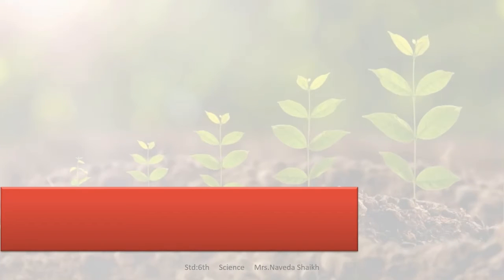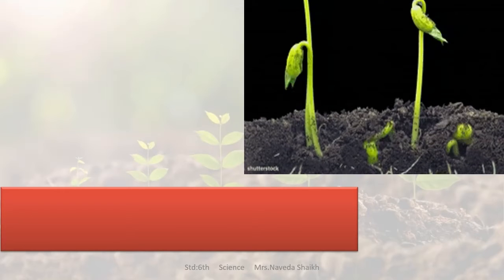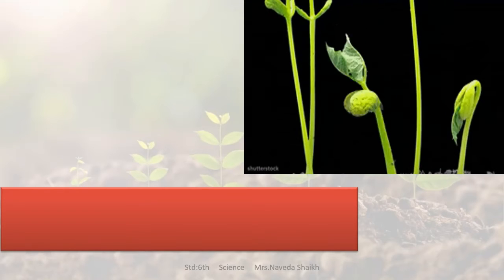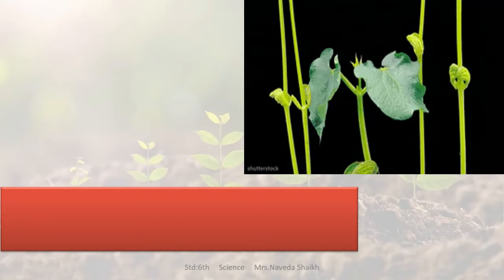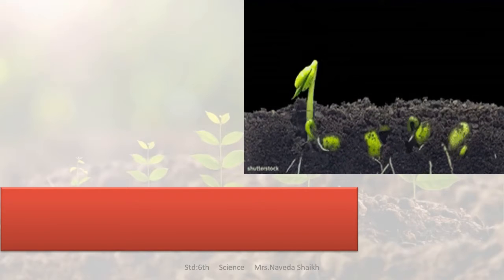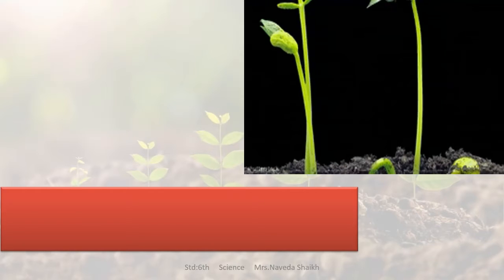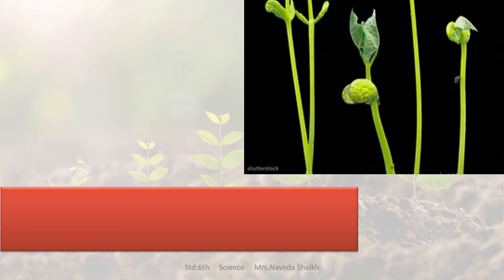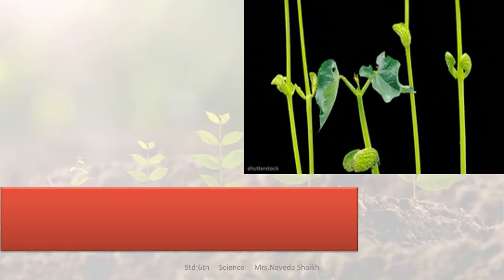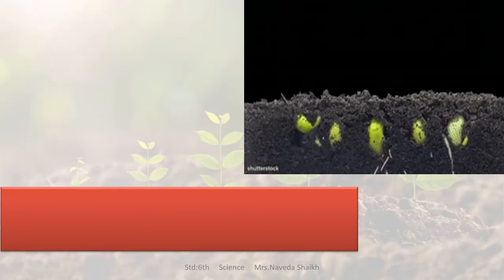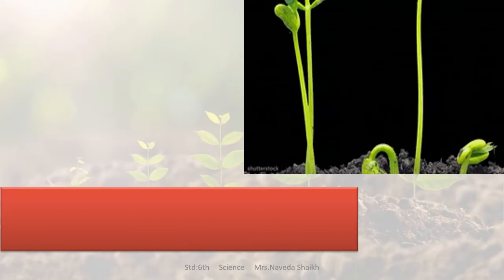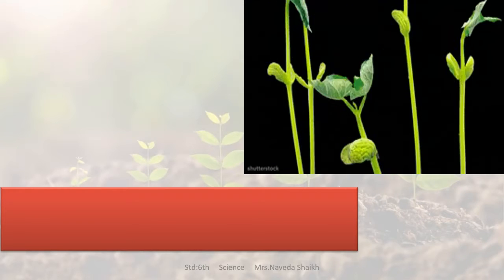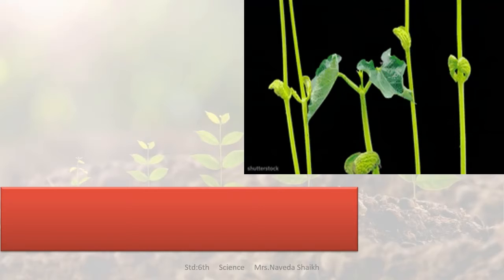Okay, so here in this slide, there is a very simple thing that you can do yourself also and observe. As I told you, all living things grow, and their height increases. I also told you that human beings only grow in height up till 21 years of age, depending upon individual to individual.